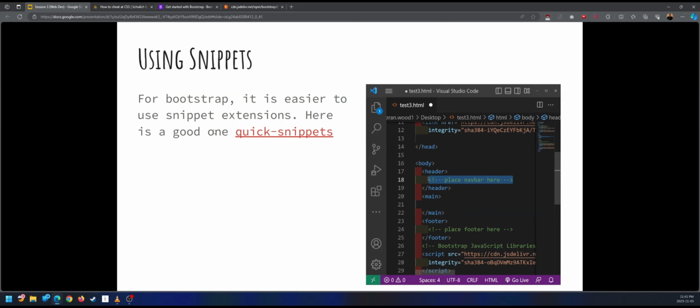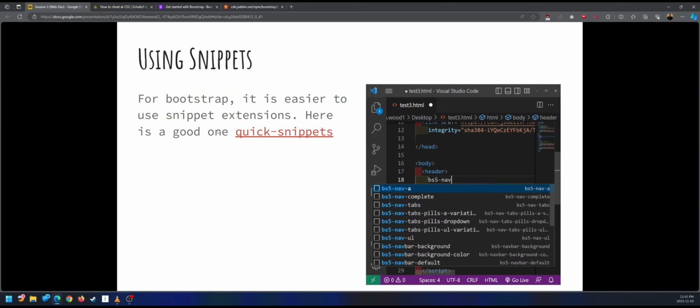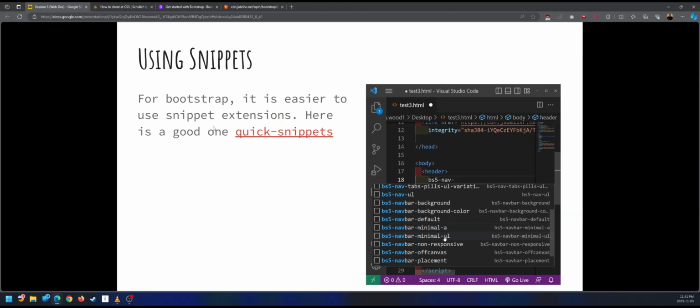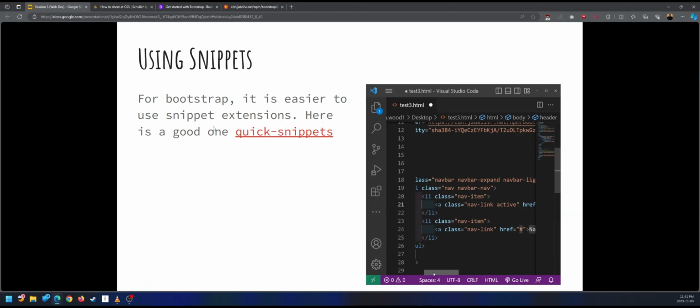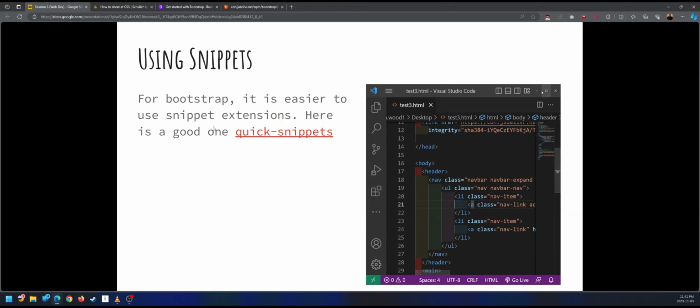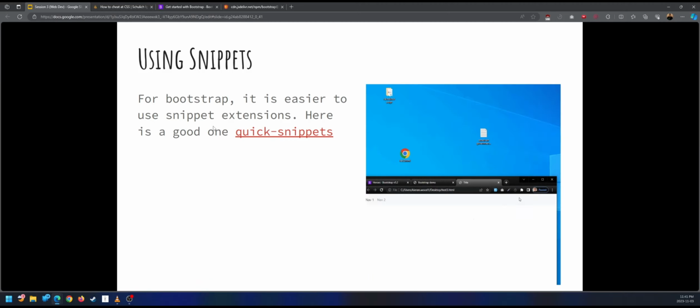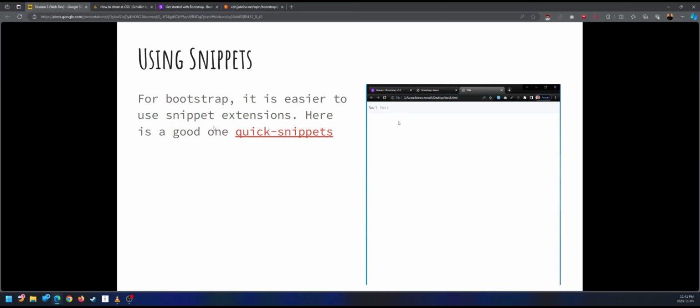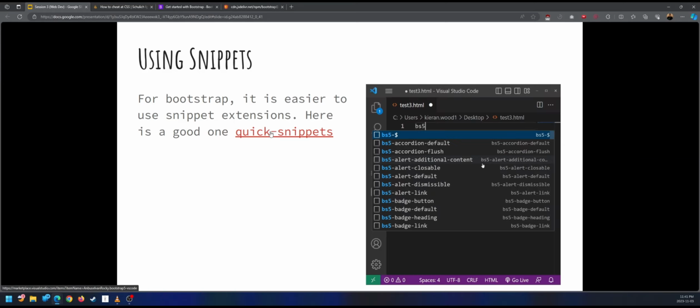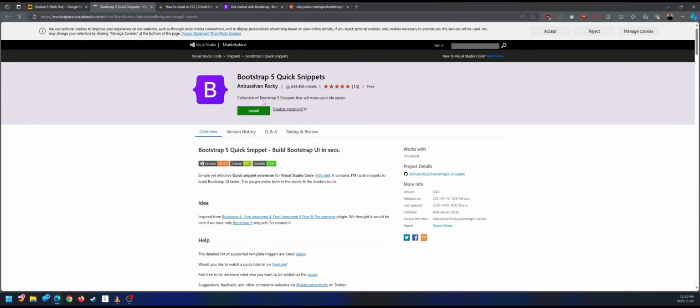And the next thing that is super important when you're dealing with Bootstrap, and generally speaking with CSS frameworks, is to remember that you should not be memorizing things. It's very important. Memorizing stuff isn't very handy. You should know when to use the different components and do all that stuff, but trying to memorize different snippets and the code that's behind certain snippets is completely useless. There's 2 options for trying to make this easier. One of them is something like this system that we have linked here in the slides, which is Bootstrap 5